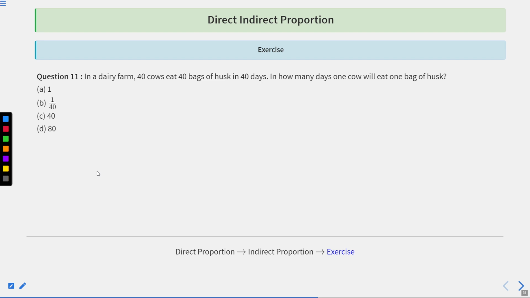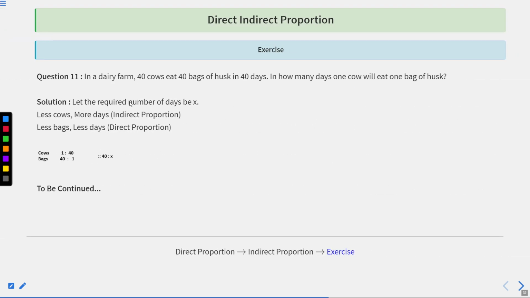Now, question number 11. In a dairy farm, 40 cows eat 40 bags of husk in 40 days. In how many days will one cow eat one bag of husk? So let the required number of days be x. Less cows, more days. That is an example of indirect proportion. And less bags, less days. That is an example of